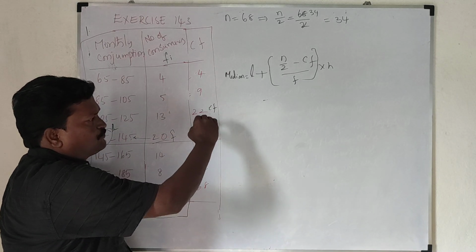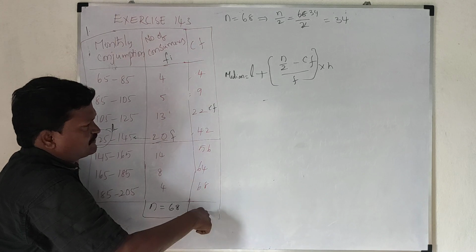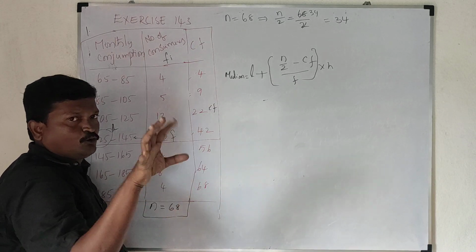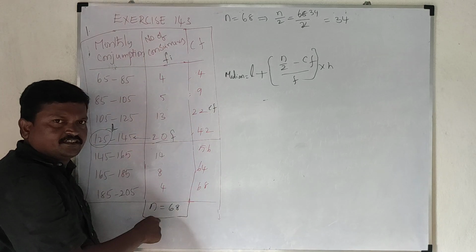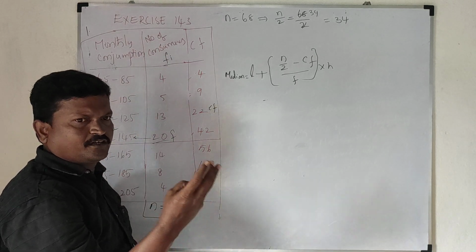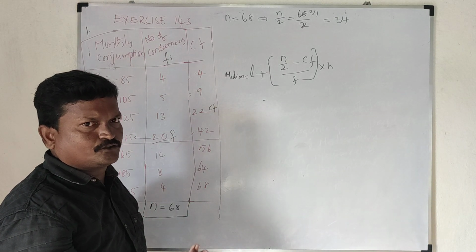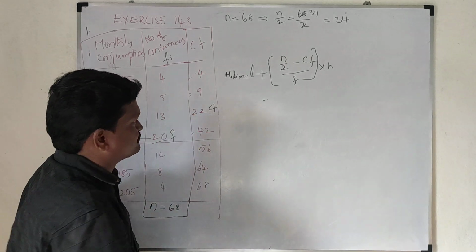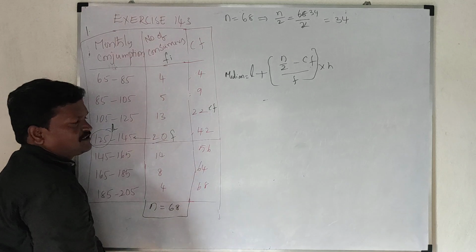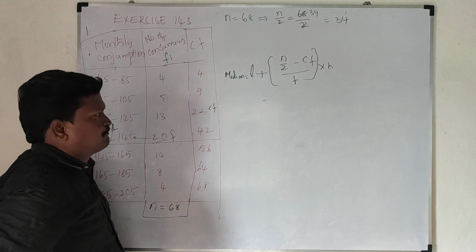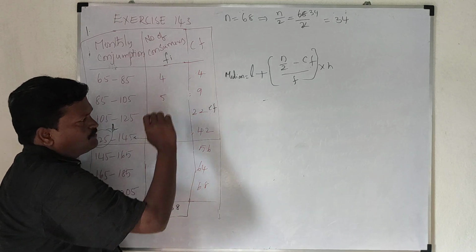The above value becomes the CF, the cumulative frequency. Not here, but in mode we took all the values in the frequencies itself. Why? They are f0, f1, f2, so all are the frequencies. But here CF is in the formula. That's why I am taking it in the cumulative frequencies part. So here this will become CF.